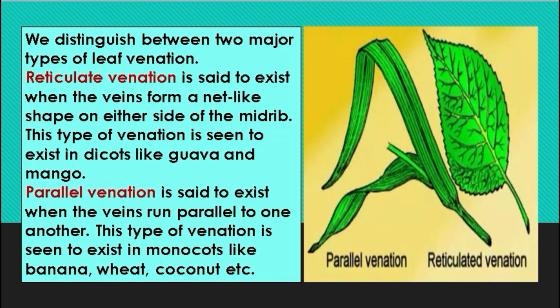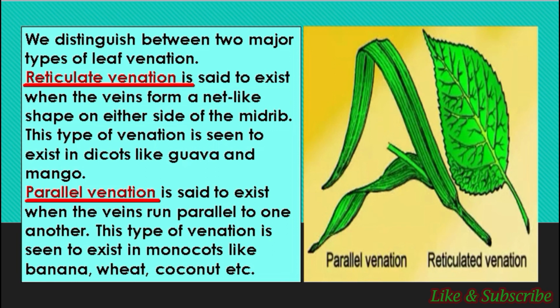And students, these thread-like structures are known as veins. Now students, on the basis of the design of these veins, leaves are broadly categorized into two types. And students, the pattern and the design of these veins are known as venation. And students, these venations are basically of two types, that are reticulate venation and parallel venation. Students, as I said, this venation is the phenomenon of arrangement of veins in the lamina of the leaf surface.